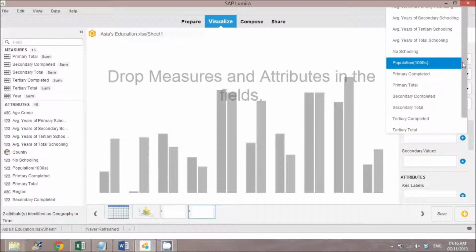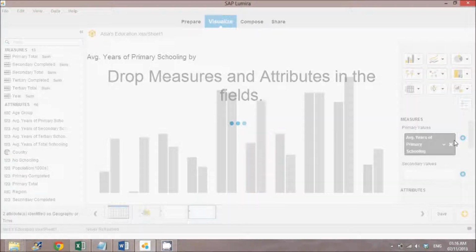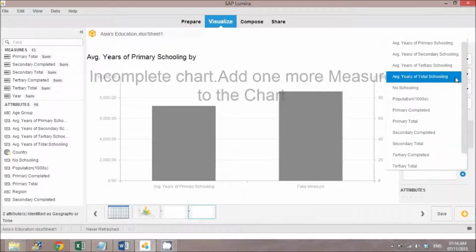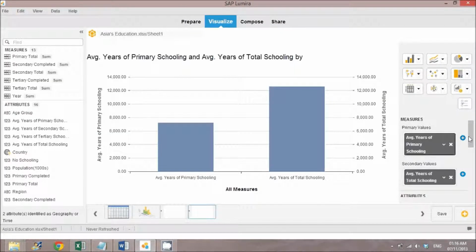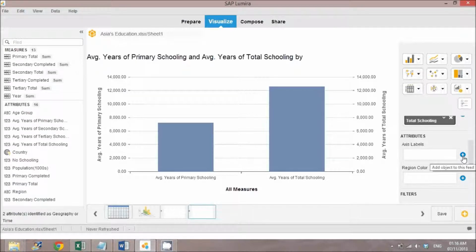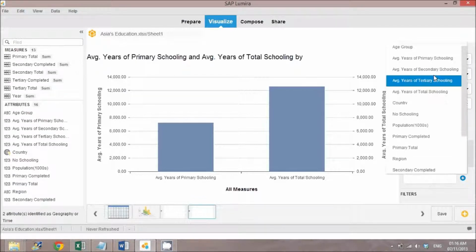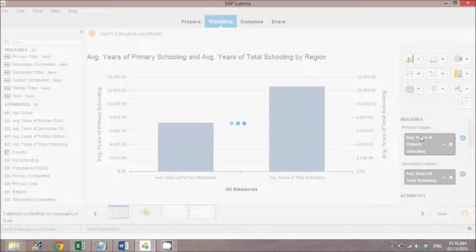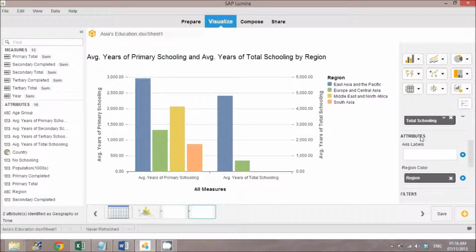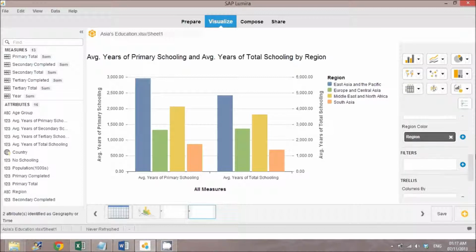Primary values, average years of primary schooling. Secondary values, average years of total schooling measured with respect to regions. You can always provide a filter over here wherever necessary.